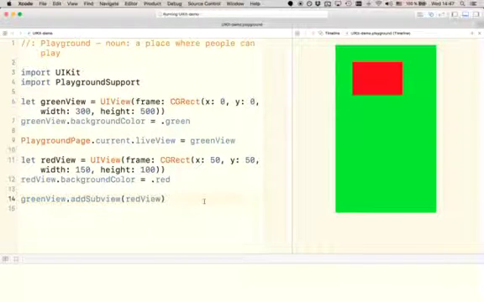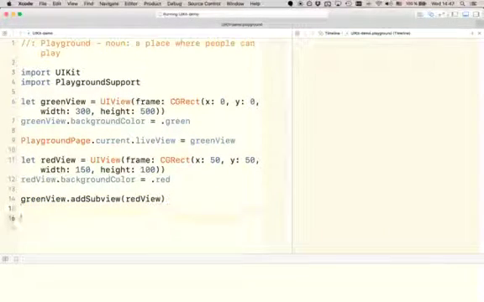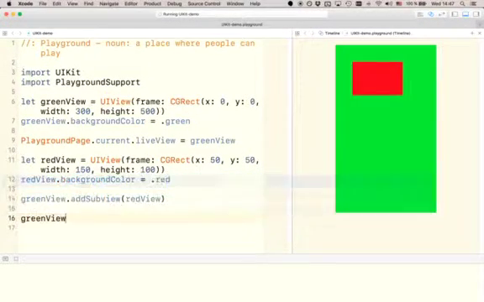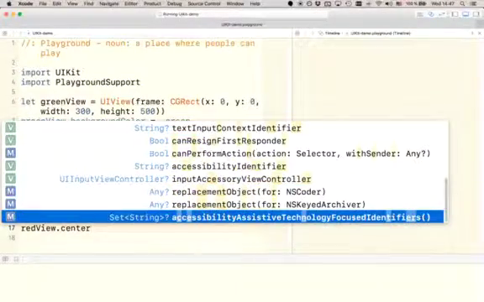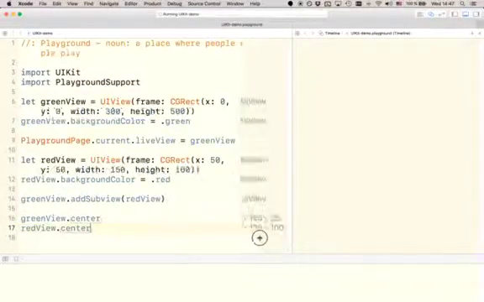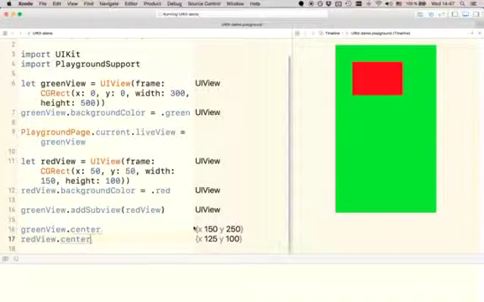Let's now also verify what I said about the center before. We can go and just check what the center of each of these views is by typing it out, and the playground is going to display the values on the right side. And these are the same values that we determined in the slides for the